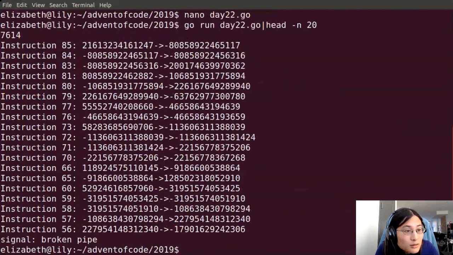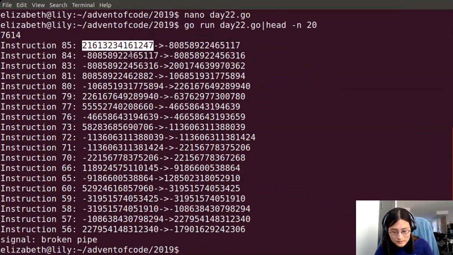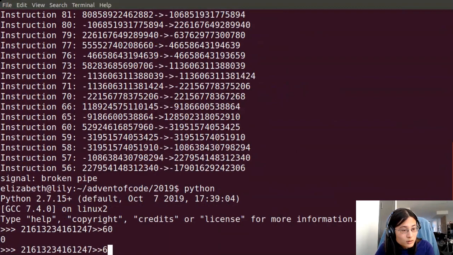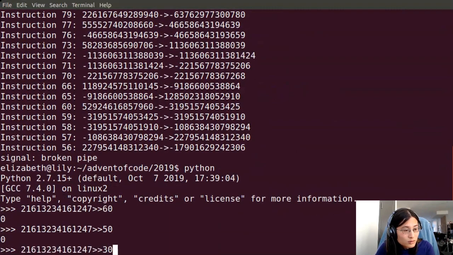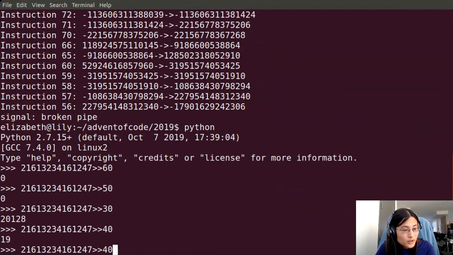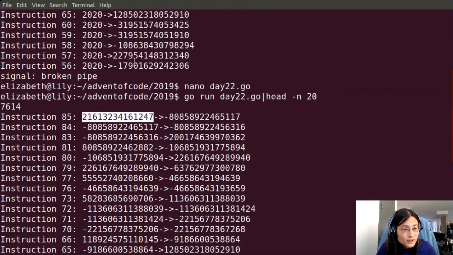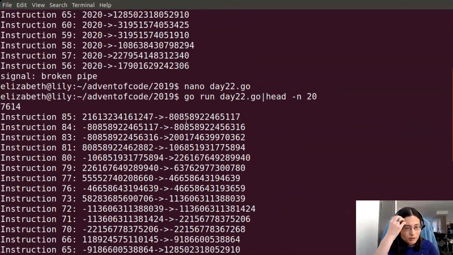Okay. So that instruction, something very strange is going on. Let me just check a theory. I think I understand what's happening here. I bet. Yeah, okay, so this is like 44 bits long. I bet the problem